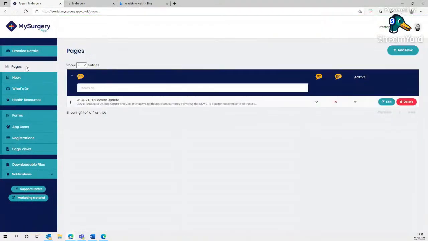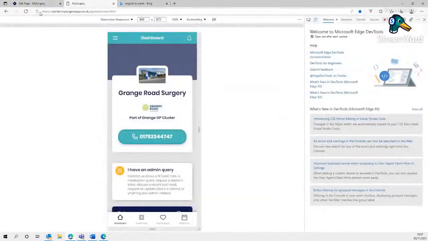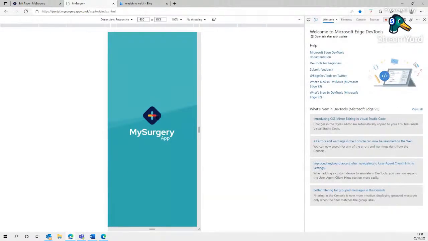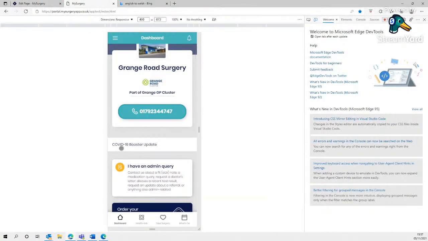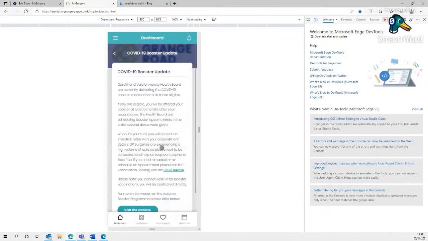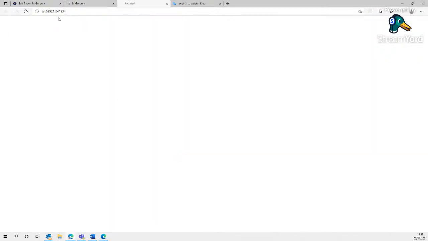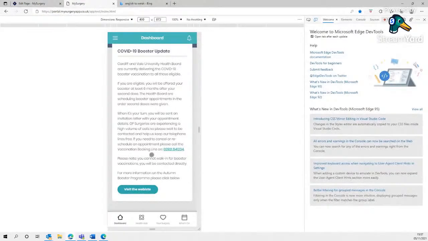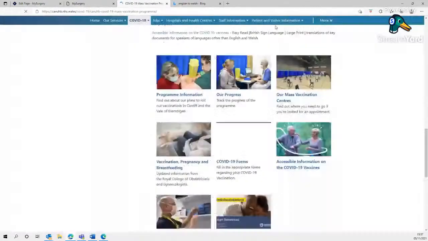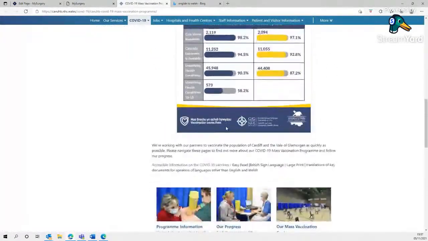And we go back into pages. There it is. If you wanted to edit this at any time, you can go back in to edit it and change it. But if I go back into the app view now and refresh that, then there it is, COVID-19 booster update. So that's been built for you, and that's the English. There we go. When we click on that button, then the device will recognize as a telephone number and dial that number for them and visit the website. There we go. It takes the patient off then to the website or the web address that you gave us